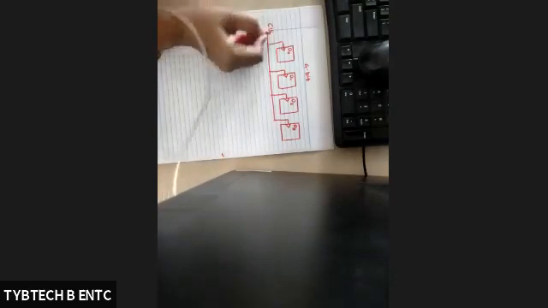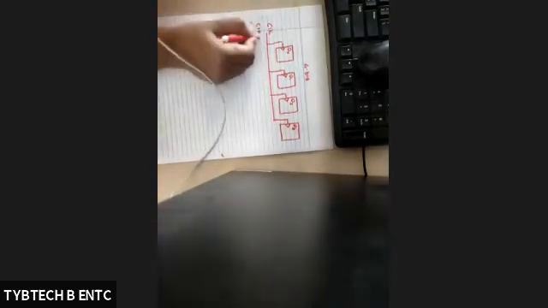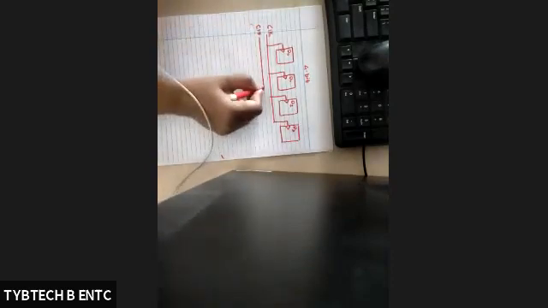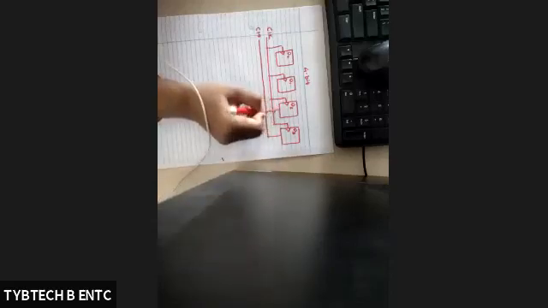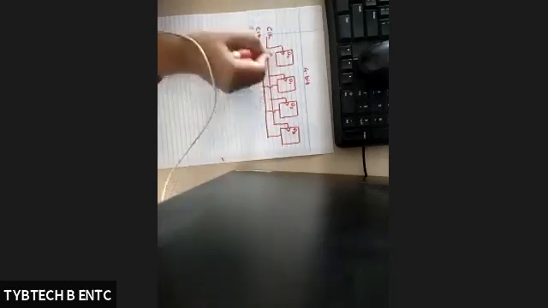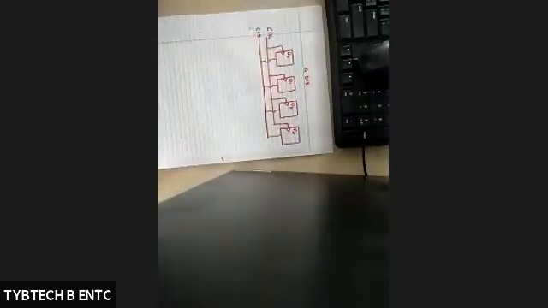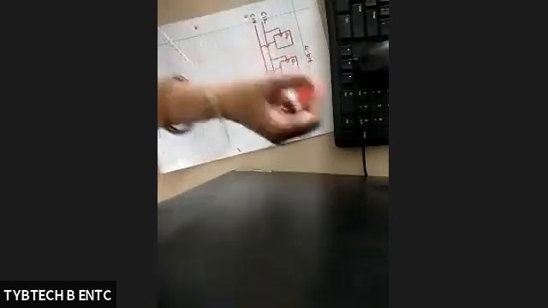This is the clock signal, right? One more signal is there, that is the clear signal. Again, this is the clear signal. It is applied to all flip-flops. So with the help of this clear signal, we can clear all the data which is present from the last cycle in these flip-flops.